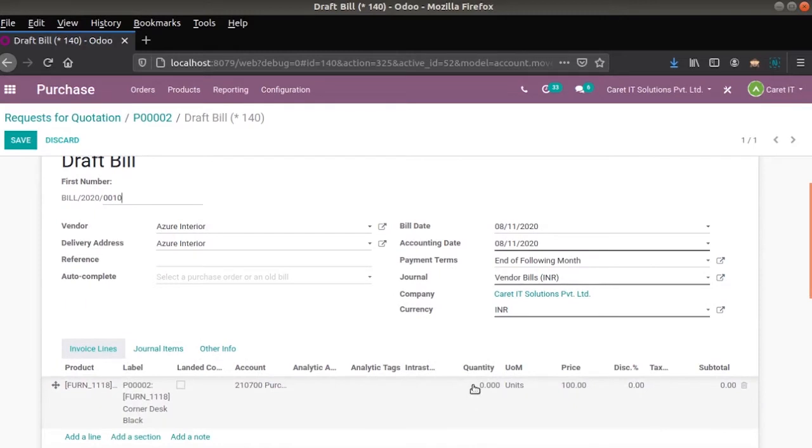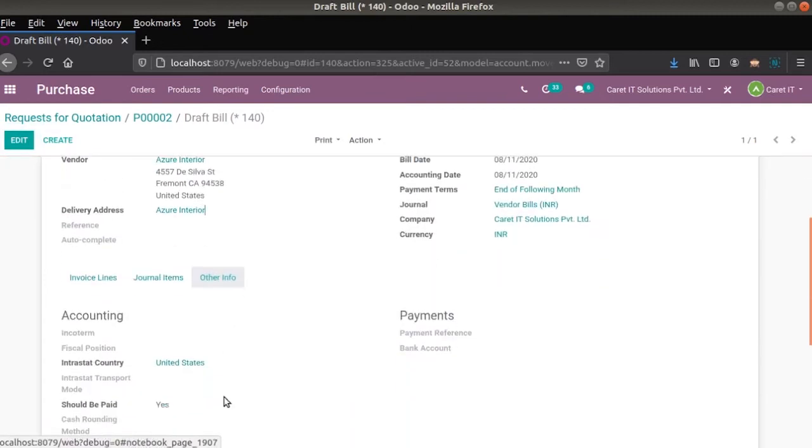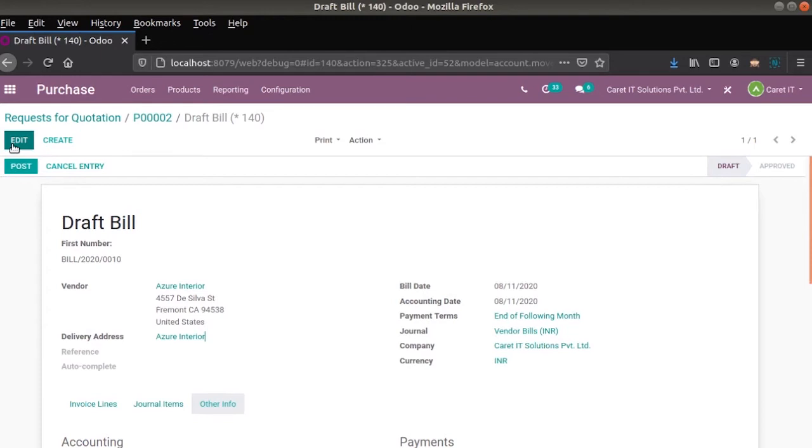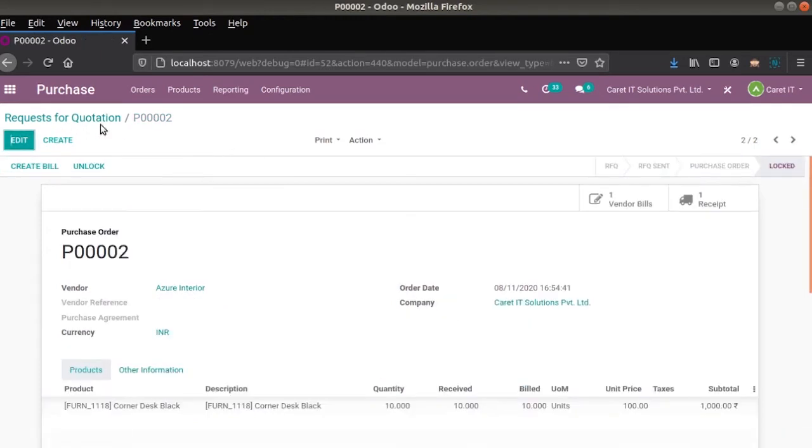After this, we can see in the vendor bill, click on edit and set the quantity to 10. Now it says should be paid yes, that's okay, and we can pay this bill. Let's duplicate this purchase order